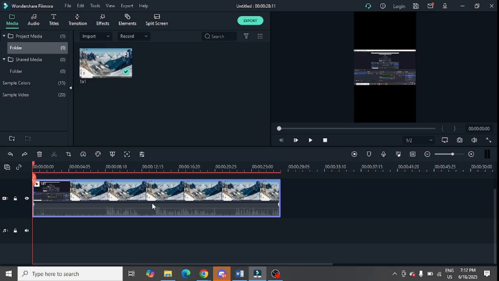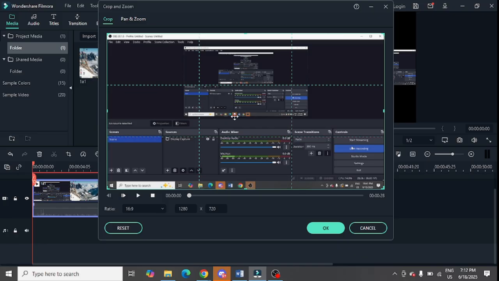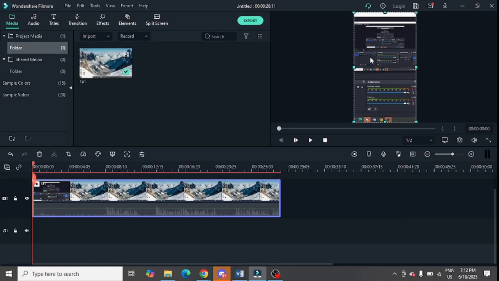size is decreased. So just again right click here in the project, and you need to now click on Crop and Zoom, and then you need to again click on ratio, aspect ratio, and click on 9:16 and just tap on OK. You can see its size is now increased and gray is showing on both sides, and